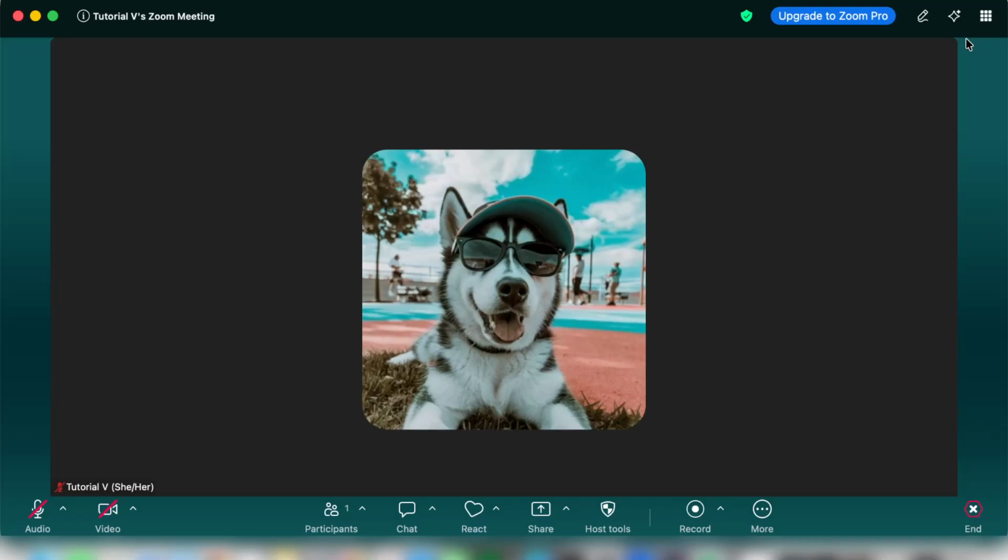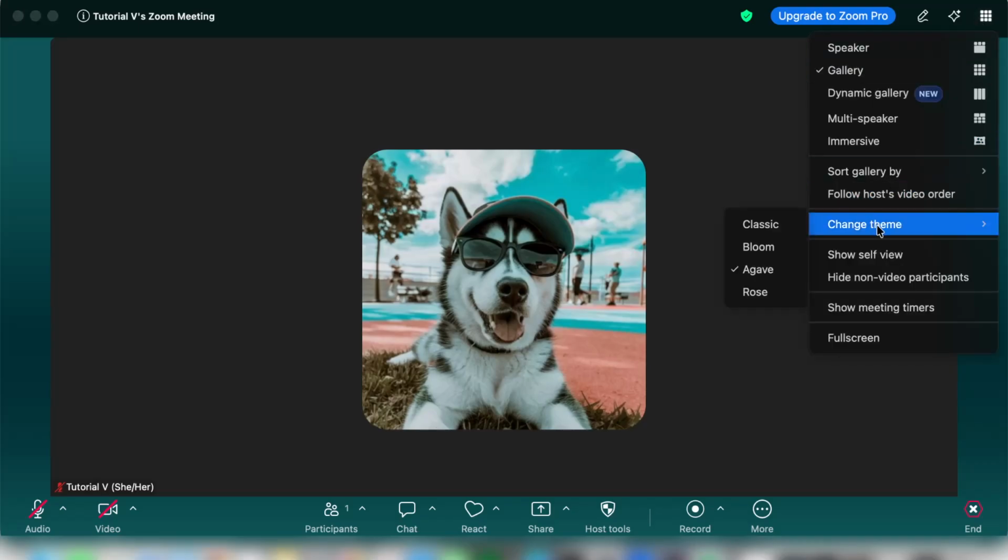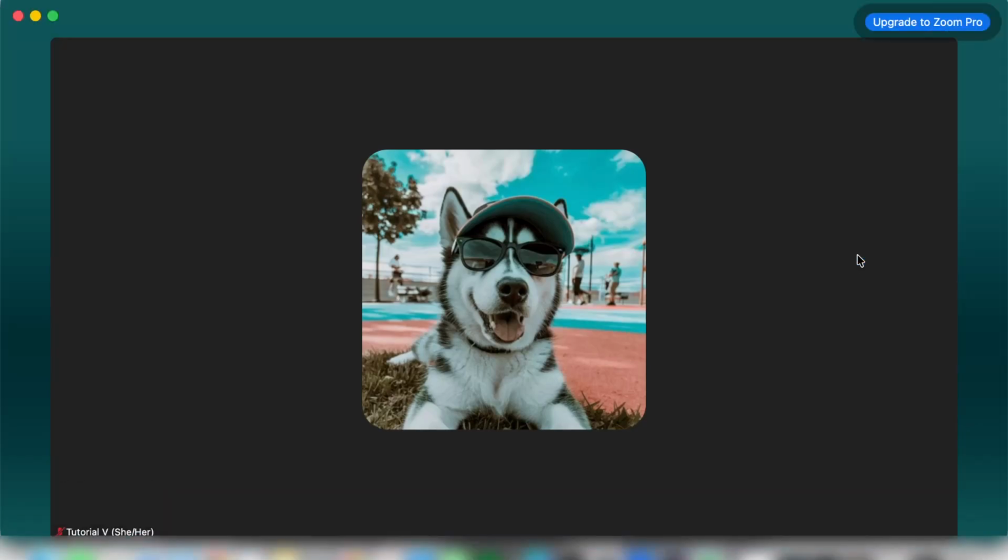Take a careful look through the menu, because this is where Zoom gives you the option to show or hide your own camera preview. In that list, click on Show Self View. As soon as you select Show Self View, your video tile should reappear in the meeting window. That means your self-view is now visible again, and you'll be able to monitor how you appear on camera while the meeting continues. This can be especially helpful if you want to check your framing, lighting, background, or overall presentation